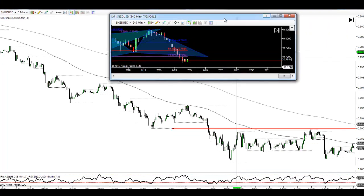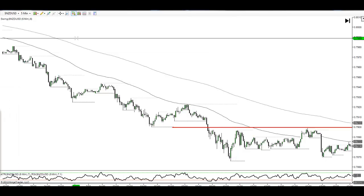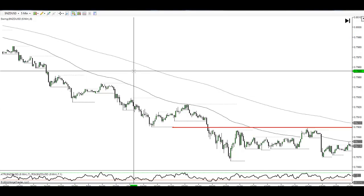Now the question was, how can I get involved in that on the 5-minute charts? Knowing that the cipher pattern is a pattern that completes and wins 80% of the time, that's definitely an area that I was looking to get long at, not to mention we had some Fibonacci confluence and an even handle. And when I scrolled down to the 5-minute chart,